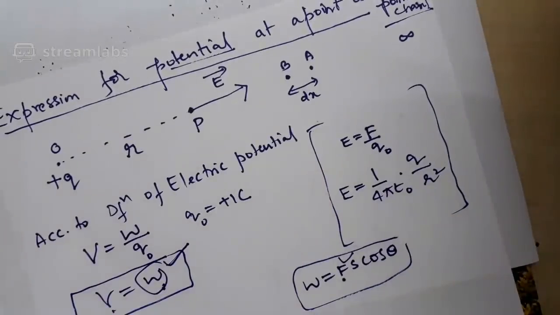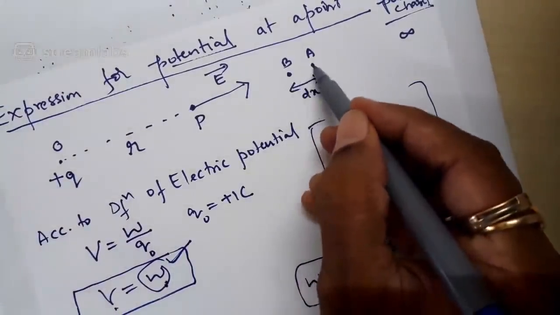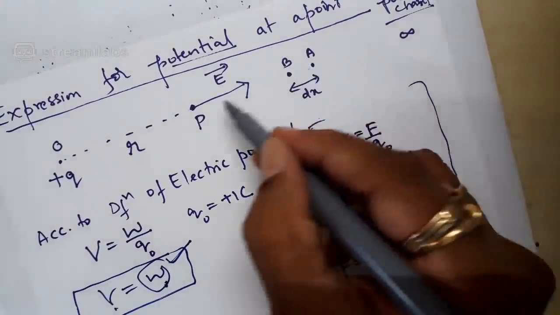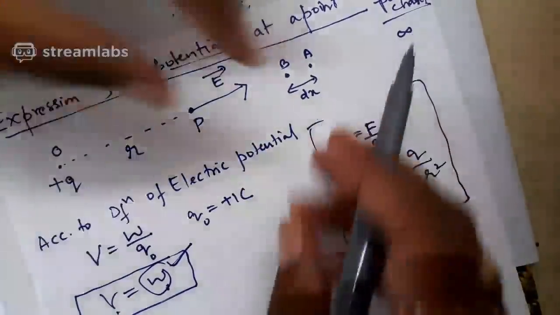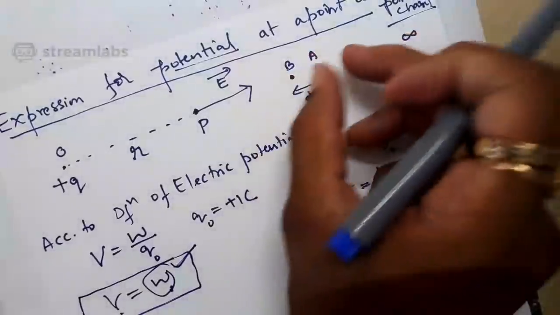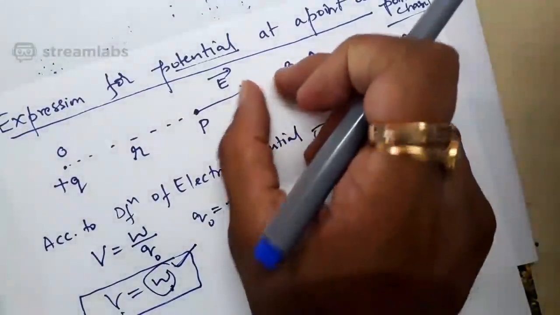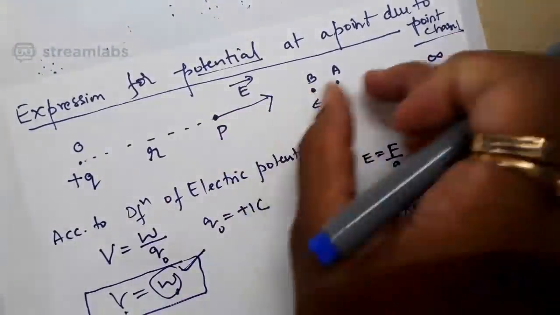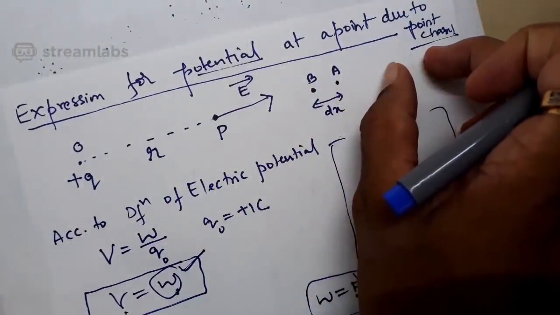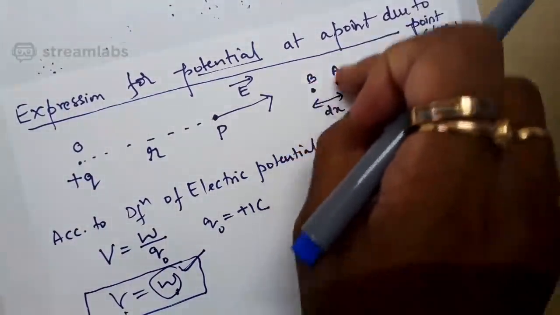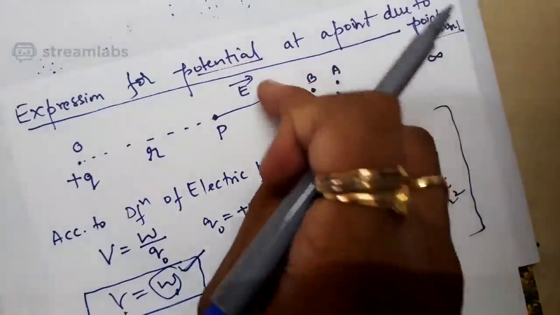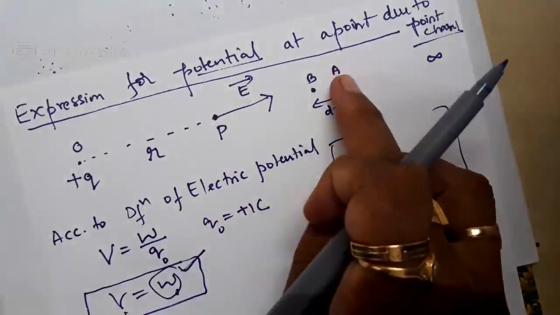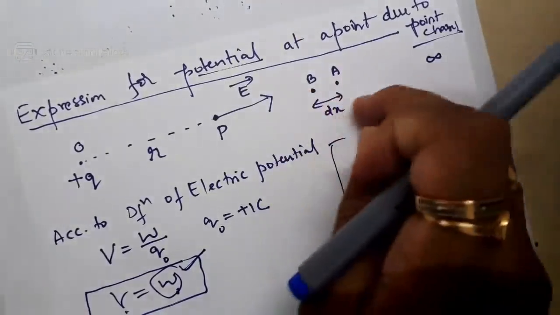Correct? Then I can calculate a small work done in moving a plus 1 coulomb charge from A to B. So this logic you have to apply for the entire distance. Here one dx, here one more dx, here one more dx, here one more dx. The entire distance should be divided into a number of small dx, each of equal distance dx, and for each dx the electric field is one constant. For the next dx the electric field is another constant, and for the next dx another constant. When you are moving a plus 1 coulomb charge from A to B, there is a small amount of work done.